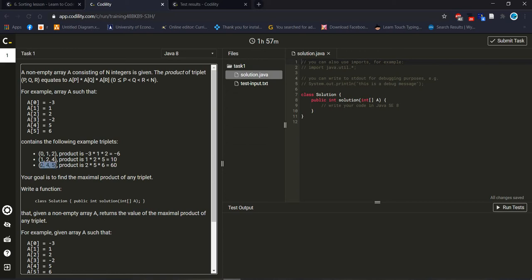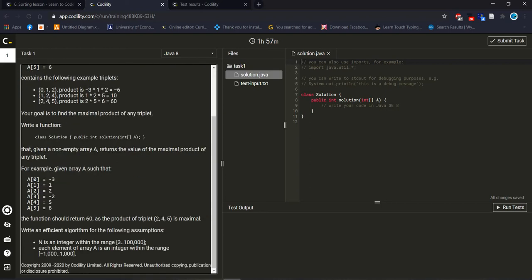Your goal is to find the maximum product of any triple. This is our goal. Write a function public int solution, and it's a written same thing. The function should return 60 as the product of triple 2 4 5 is maximal.